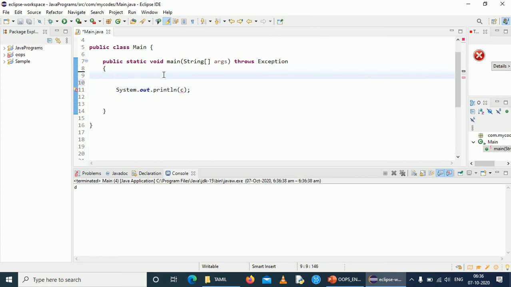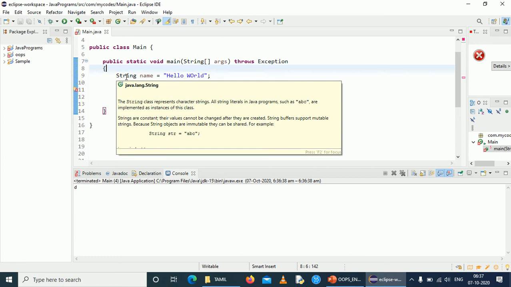String is nothing but a collection of characters. So as of now we have discussed integer, double and character. All these three are data types, but string is actually a class. So it differs from the rest of the three.